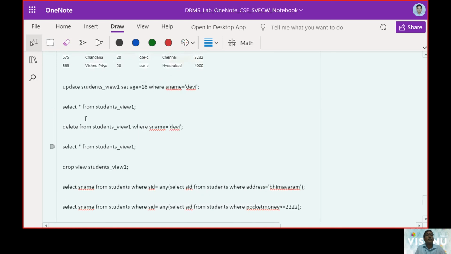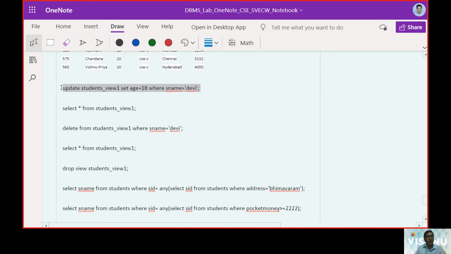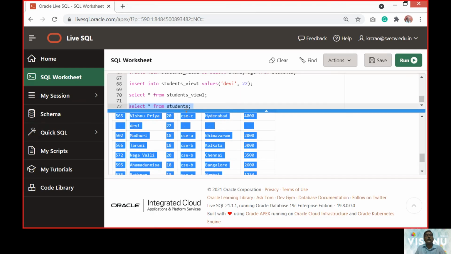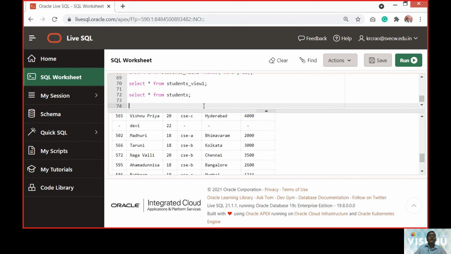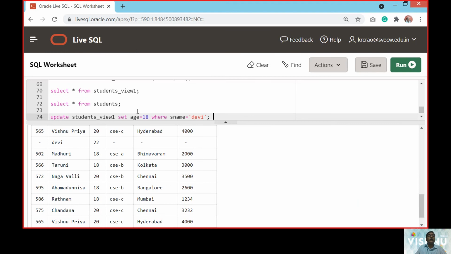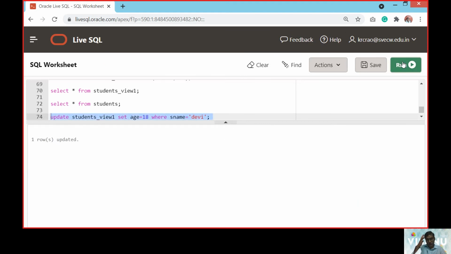The other thing was whether we can make an update operation on a view. We worked on insert operations, and now we are working towards the update operation. Earlier age was 22 or 21 odd.